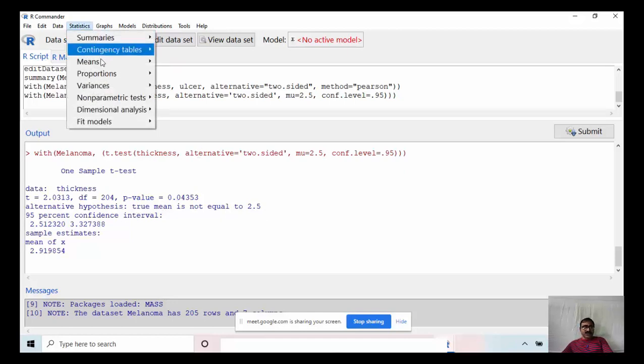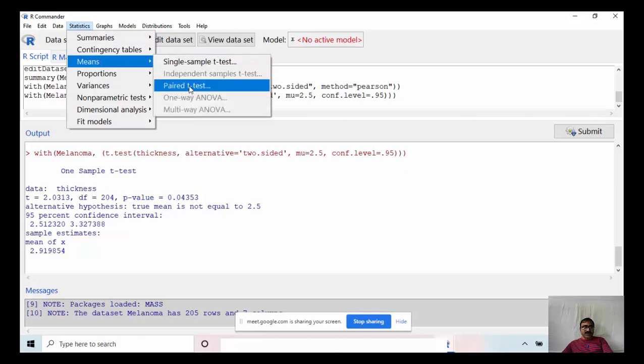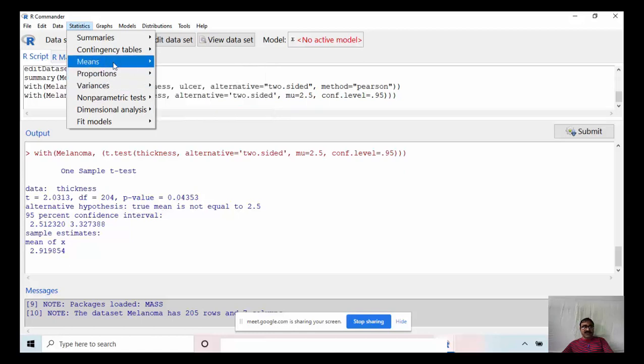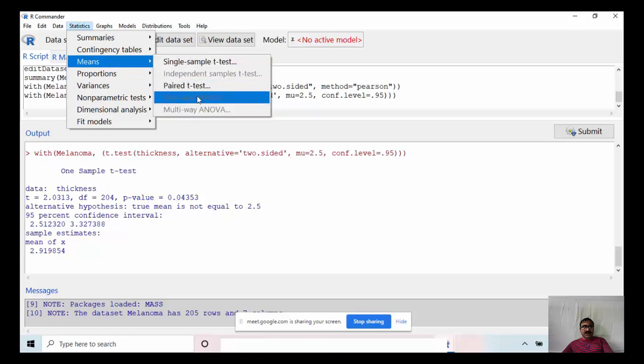Similarly, I can go for two sample or paired t-test. Here, see other options: independent sample t-test, one-way ANOVA, multi-way ANOVA. These are not applicable for this dataset, so those are not highlighted. This is one of the advantages of R Commander.